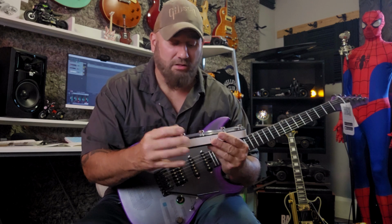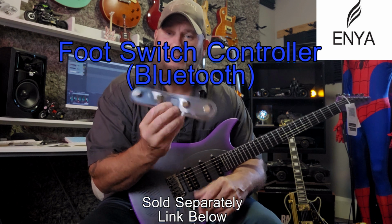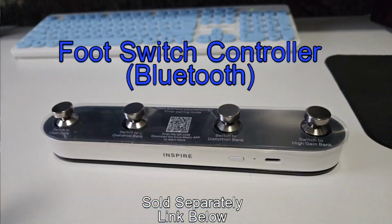Plus, you ready for this, guys? Check this out. This is their pedal. This is a footswitch, or I like to leave it on my desk, and this changes the tones. You're going to love this. This will change the tones. I'm just going to...